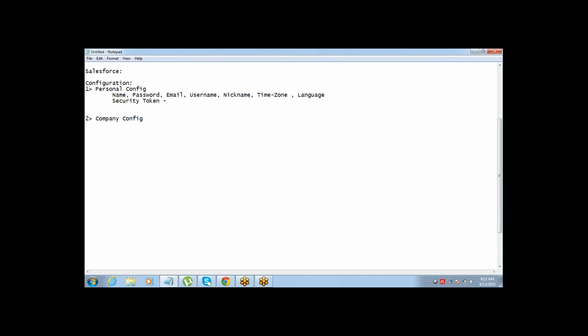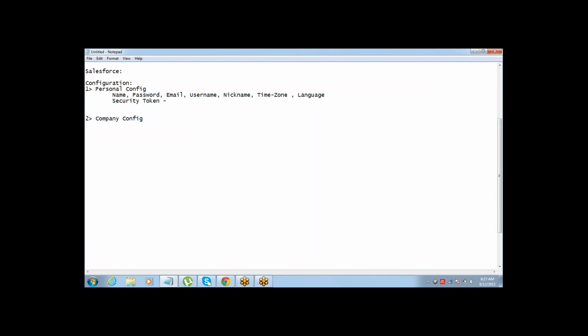Then there can be something like Salesforce Offline, which is again a standalone application, which can be installed on your system, and that's used to access data of Salesforce while you're offline. So there are quite a few applications like this. While you are accessing one of those applications, you need an additional security password, which is the security token, and this is something which is given by Salesforce.